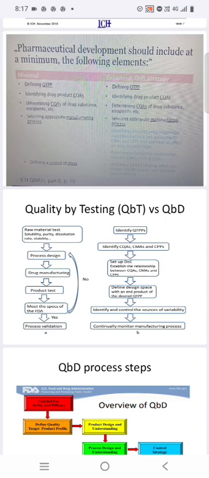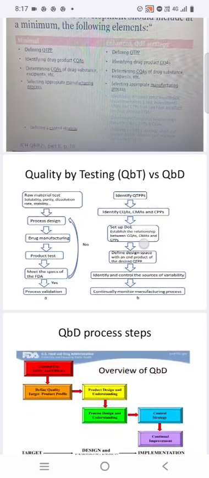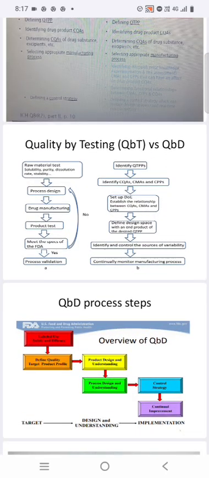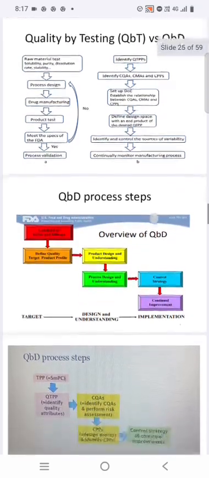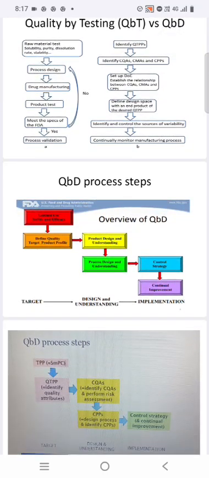Define design space and the product profile. Next is identify and control the sources of variabilities. Then continually monitor the manufacturing process. These are the QbD process steps. First, to identify the QTPP, then product